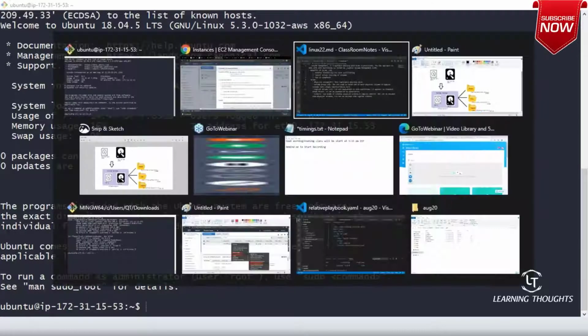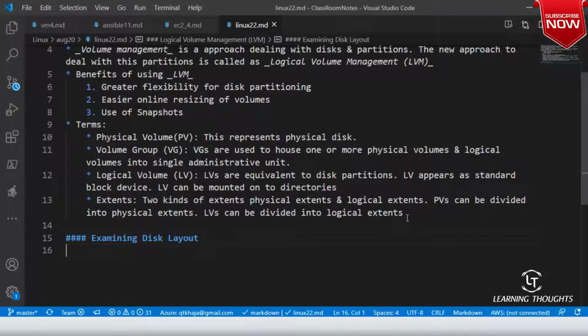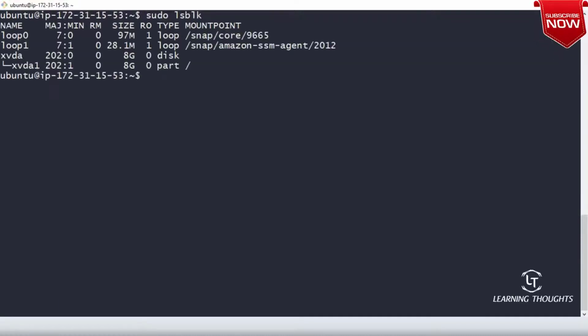So let me start with examining the disk layout. If you look into this machine, sudo lsblk, you can see we have xvda and there is something called part. This part stands for partition.